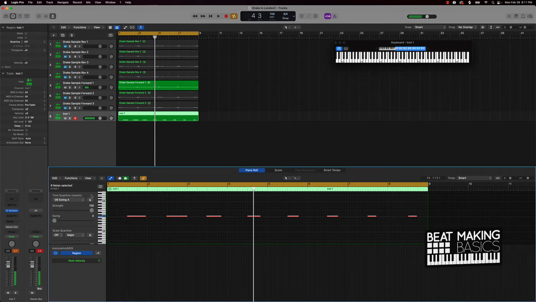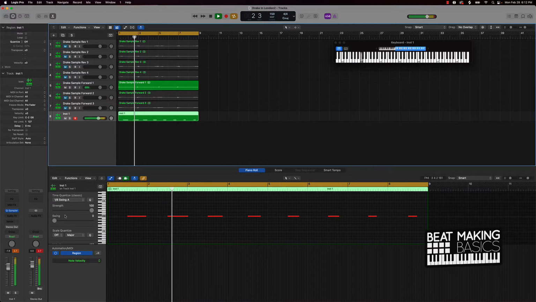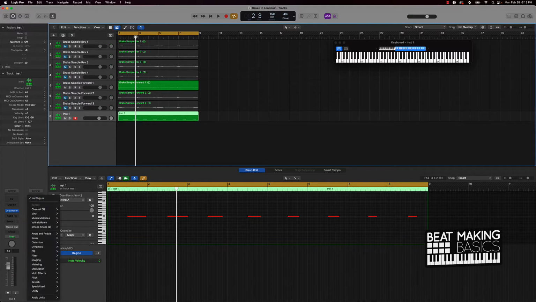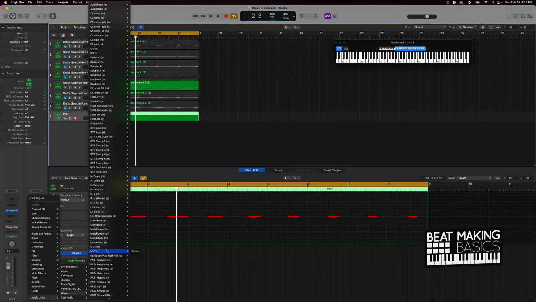Just going to quantize this real quick. And if you're new to Logic Pro 10, sometimes what I like to do, or really now, I put this plugin on my stereo out all the time. I know you don't necessarily have to. You can turn it down and then boost the frequencies later. But I find when it comes to mixing and making beats, when I put this Smack Attack plugin on here,